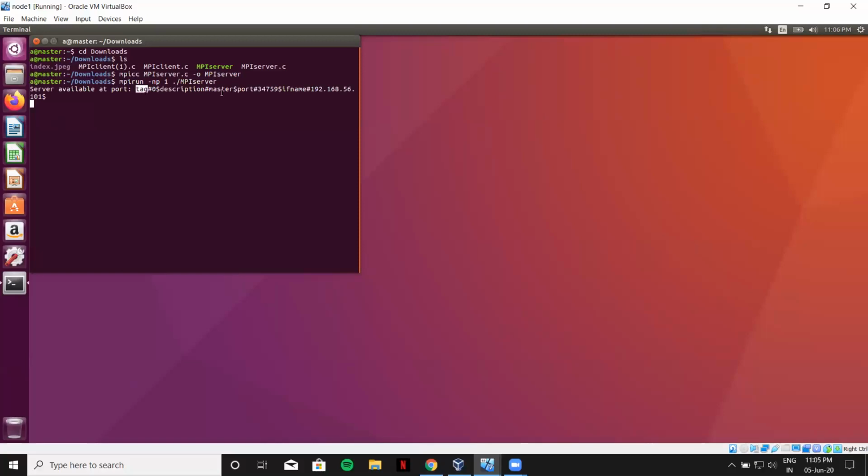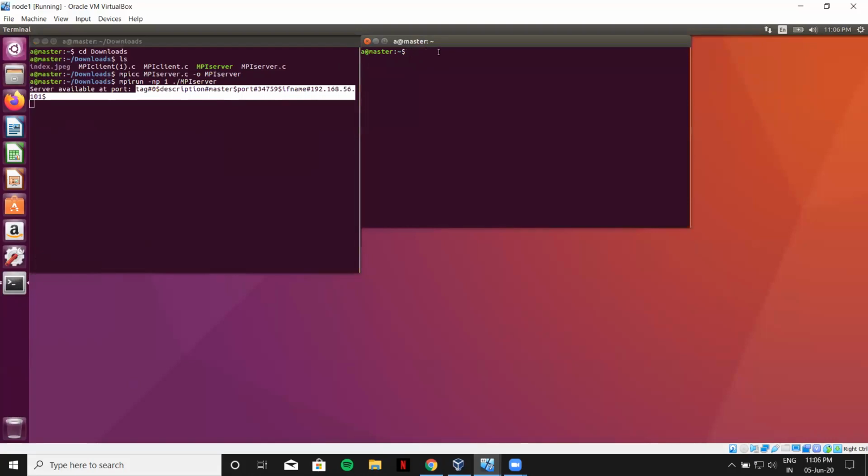So this will be the tag. What we are seeing here is that we have executed the MPI server file, and it is showing that a server is available to run it further.